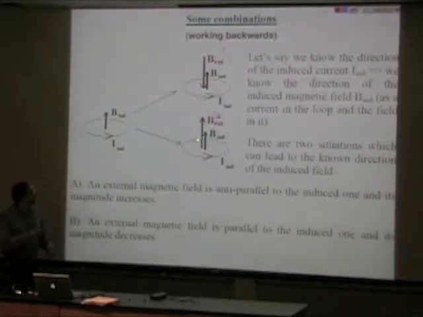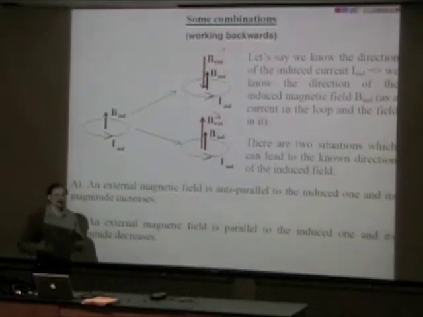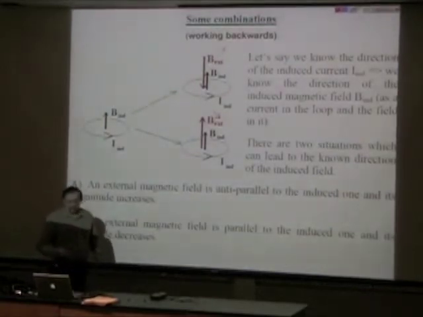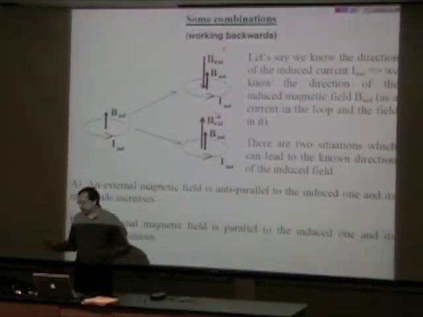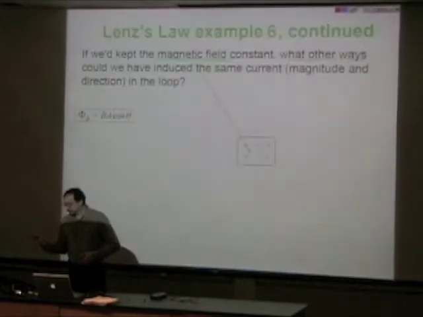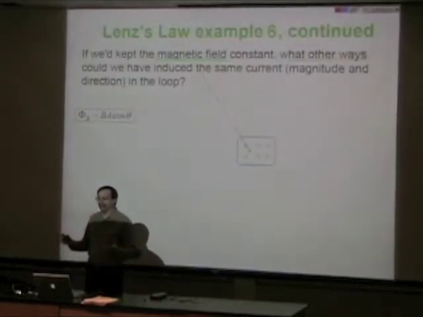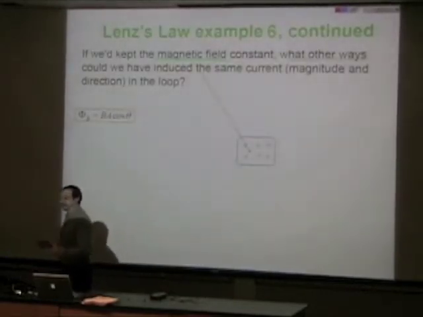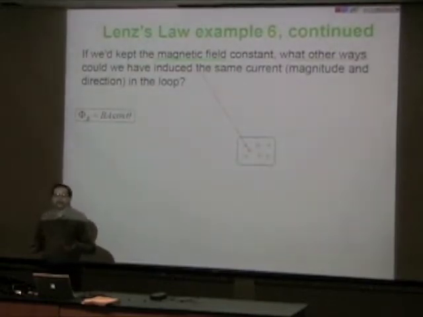Another case is when the external magnetic field has the same direction but decreases in magnitude. So the induced magnetic field supports the external field, opposing the change, supporting the field. And that basically completes all theory related to Lenz's law. Well, we may ask the question,